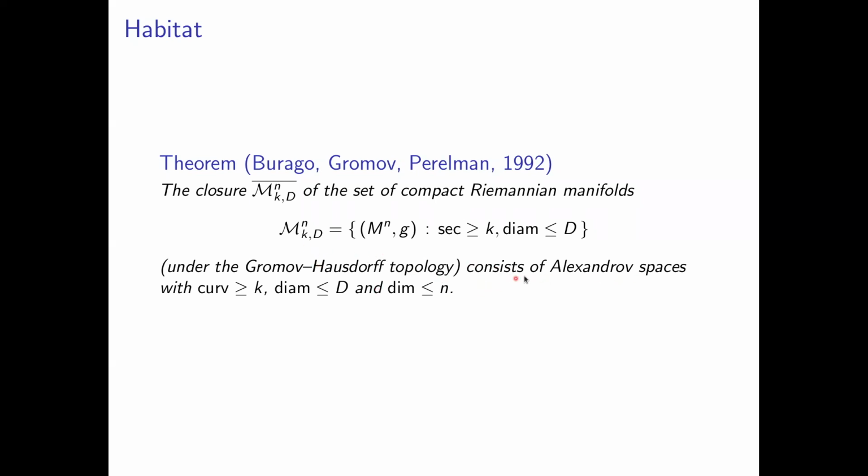Elements in the closure are Alexandrov spaces with curvature bounded below by k, diameter bounded above by D, and dimension at most n. This is not to say that every Alexandrov space arises as a limit of Riemannian manifolds; that's an open question. What this is saying is that any space in the closure is an Alexandrov space. As I mentioned before, the dimension cannot go up, but it could go down. So let's